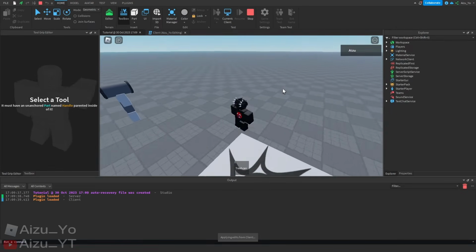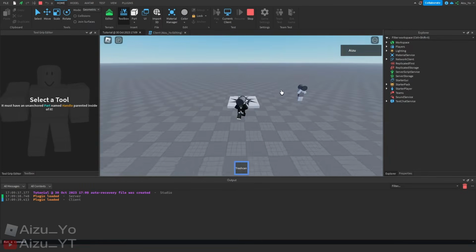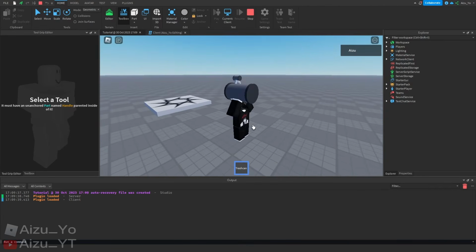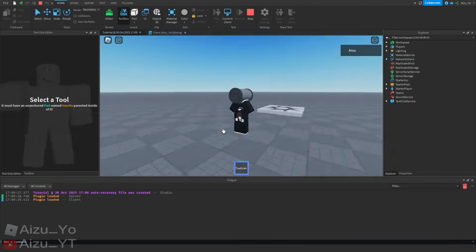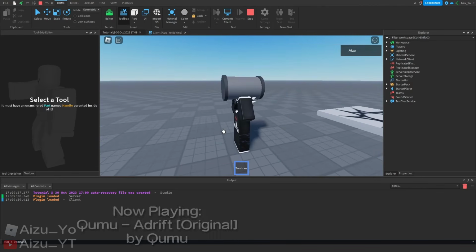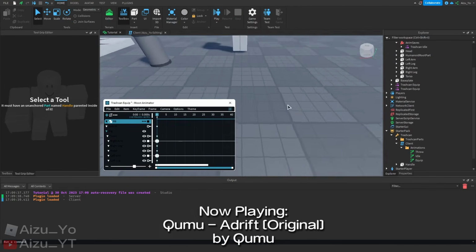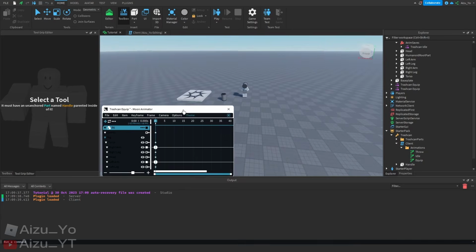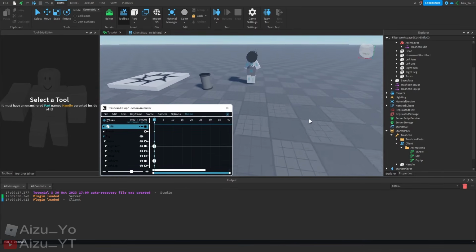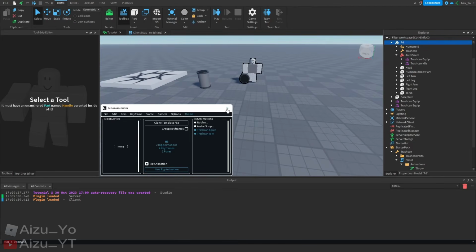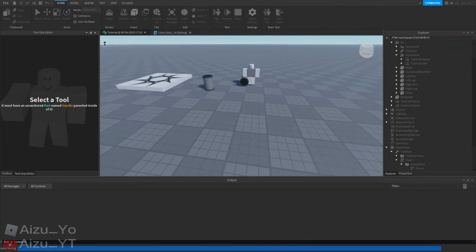There we go. Okay, so if we equipped it, boom, here's our equipping animation. If we try to click to throw it, nothing will happen because we haven't even made the animation yet and we haven't even scripted it yet. But if we unequipped, it will work. So if we unequipped it, there's also one thing I would like to fix, and that is, or before we even start, there's one thing I'd like to fix,